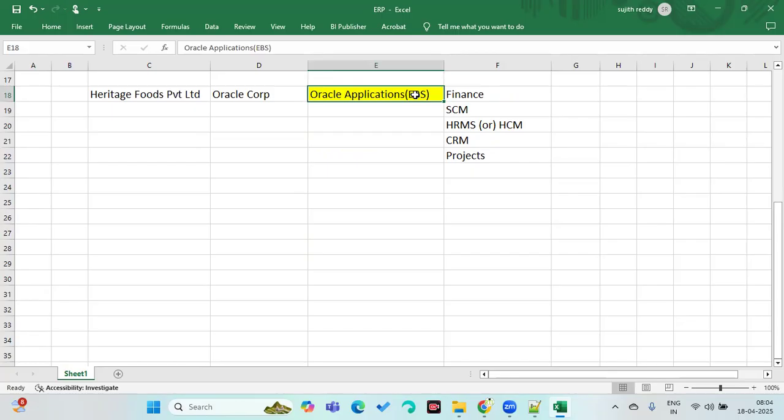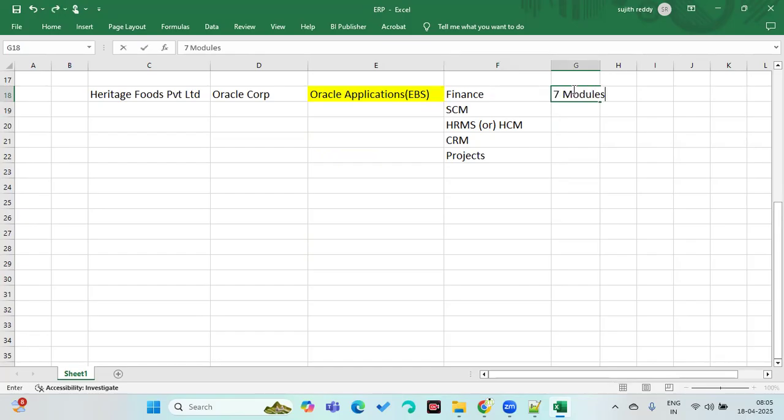You are going to buy the license from Oracle Corporation, because this company developed this software. So what the client wants to do is buy this software, not the entire suite. They want to use only finance. Again, in finance there are around 7 modules.